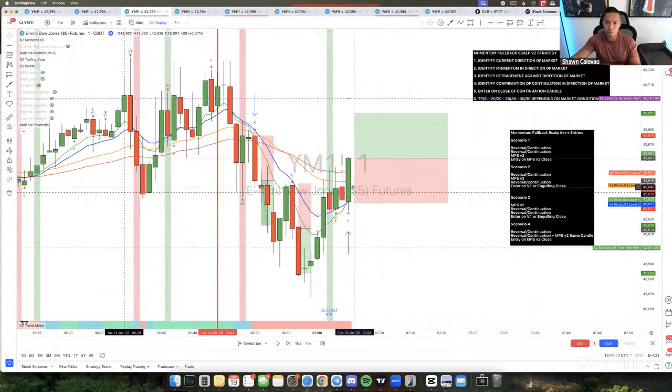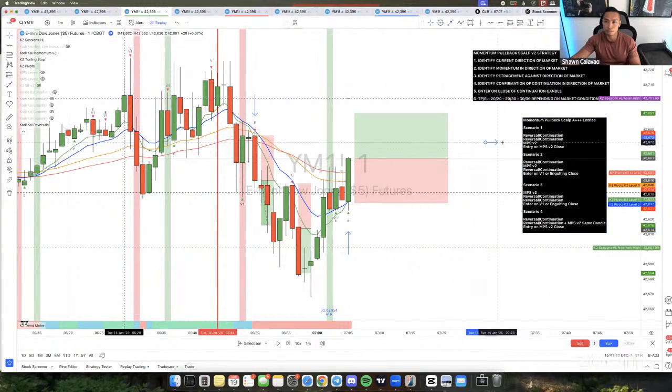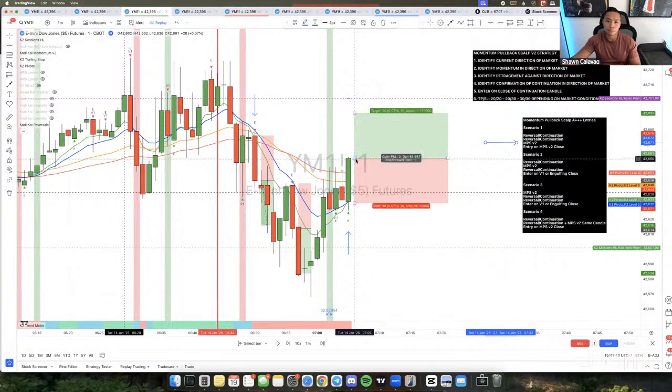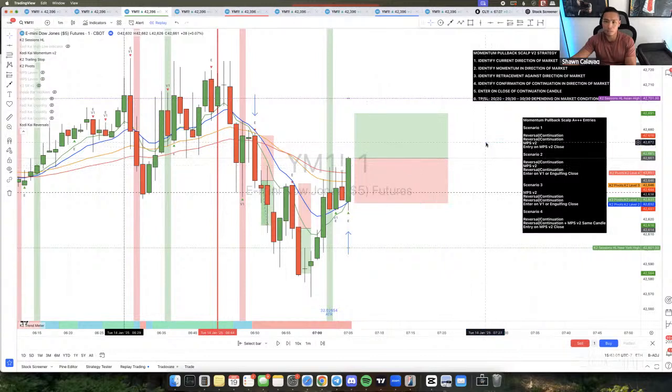You got the price pushing up. Again, for scenario 1, reversal continuation, B1 engulfing. Number 2, engulfing right here, and then it's also an MPSv2. So looking at scenario 1, you're going to enter on the MPSv2 close. So this here would be an MPSv2, plus it's also an A++ setup. If you have something like this, it's probably going to hit. If you have so many confluences there, something like this is for sure going to set up as an A++.